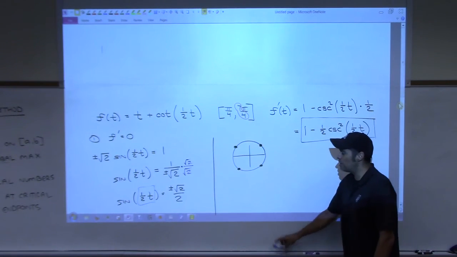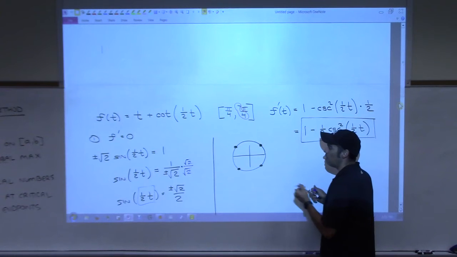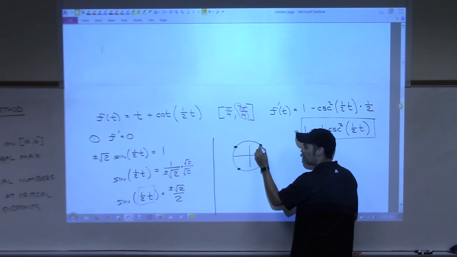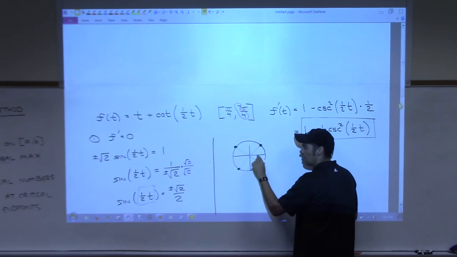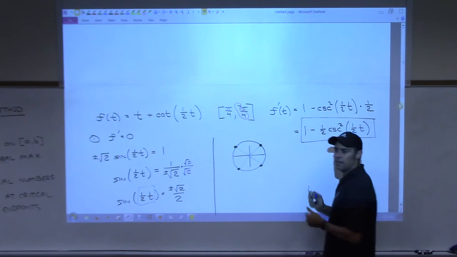So to get a general solution for this, what I do is I look at all of these, okay? I'm going to start at this one right here. Is there a way to go from this angle to this angle to this angle to this angle? Can I get from one to the other very easily? Yeah,